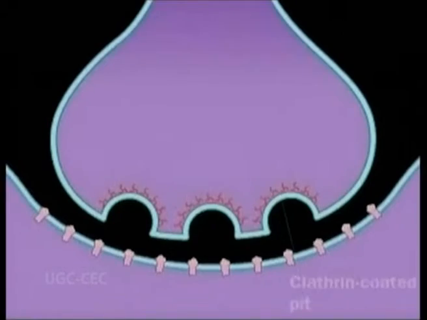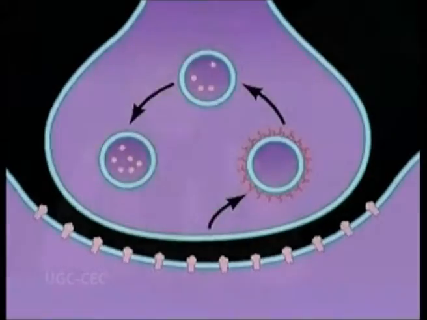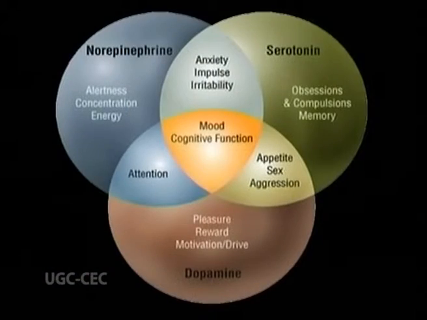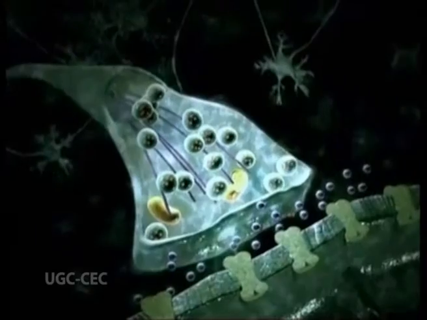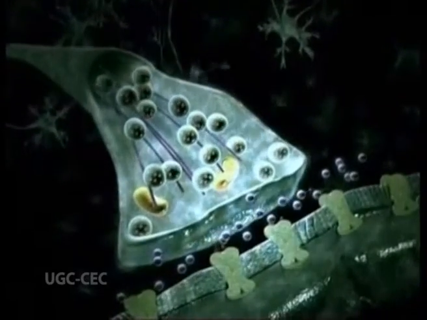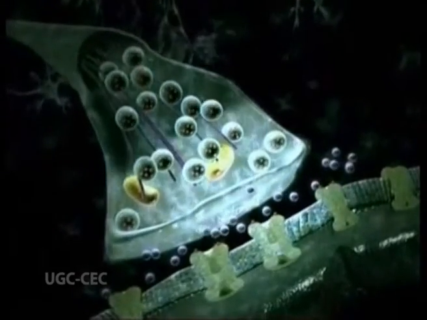And third is uptake by the cells. Many neurotransmitters are actively transported back into the neuron that released them, that is reuptake. Others are transported into neighboring neuroglia, that is called uptake. The neurons that release norepinephrine, for example, rapidly take up the norepinephrine and recycle it into new synaptic vesicles.